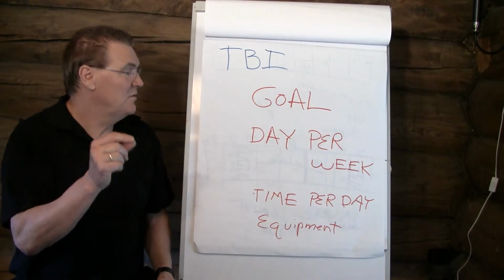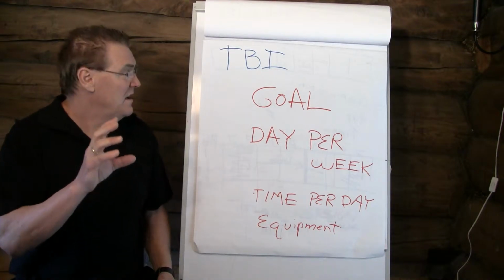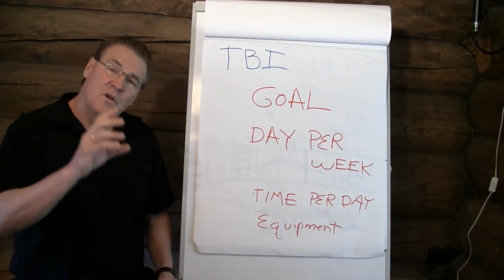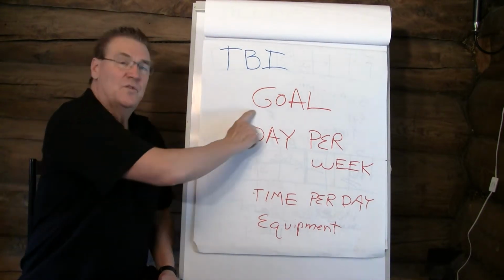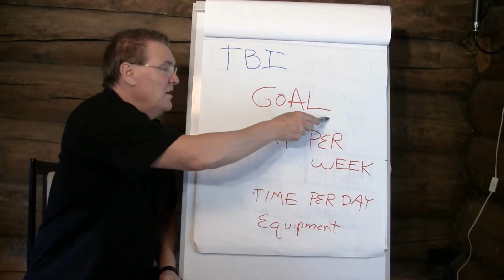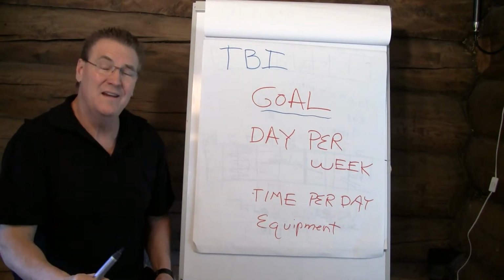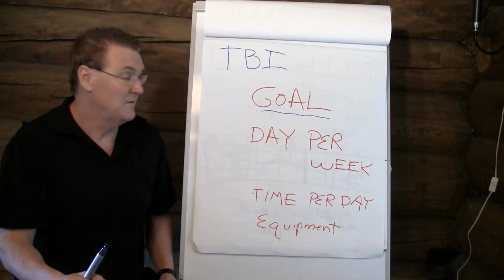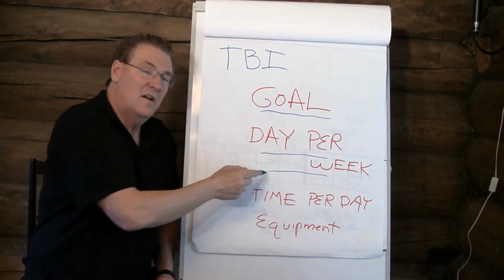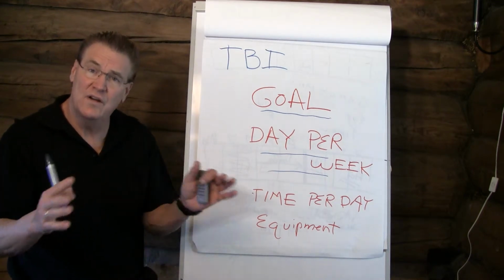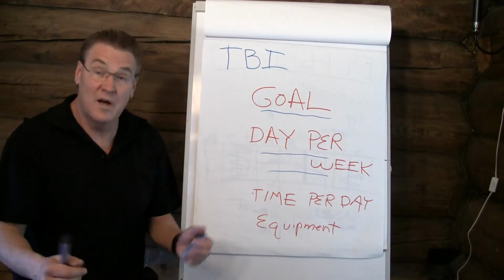The most important thing that we have to do with Tudor and Tudor Bompa Institute technology is to keep in mind a few things. When you start to design a program for somebody, you have to start with what's the goal. The most important thing is the goal for the coach or the goal for you may not be the goal for your client or your athlete. Then you have to say, how many days a week is that athlete, in this case strength training or the fitness aspect, willing to put in to accomplish that goal?